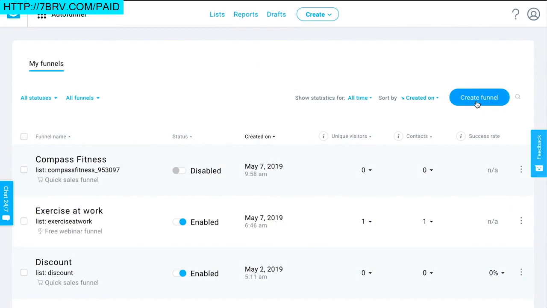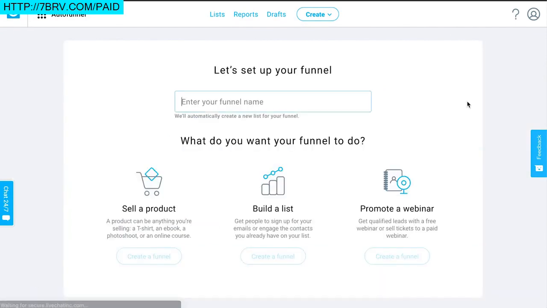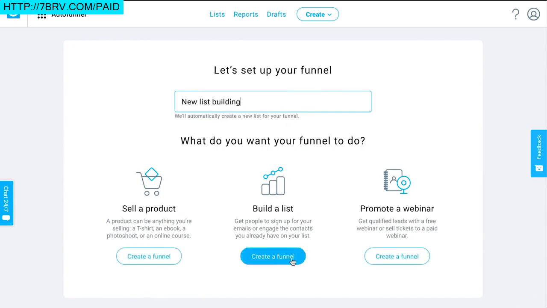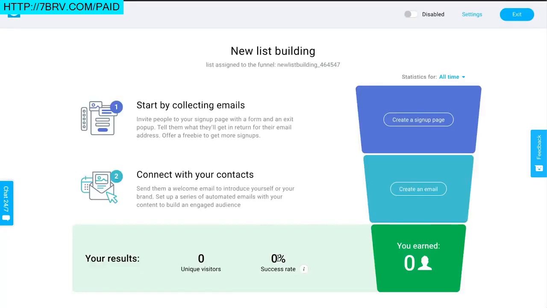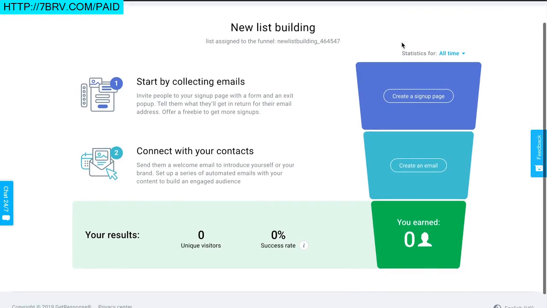List building funnel. So we're in the Autofunnel space in our account, and we'll just choose Create Funnel. Now we need to give it a name, so I'm just going to call it New List Building. And then I just need to choose to create the list building funnel right here. And this will open up the very simple funnel wizard where we just need to create a sign up page and an email that we would use to follow up with people after they sign up. So as you can see, it's only a two-step process that starts with collecting emails and then connecting and nurturing